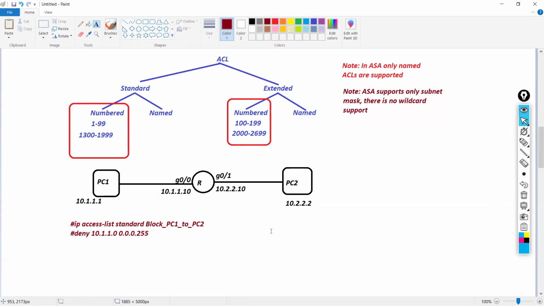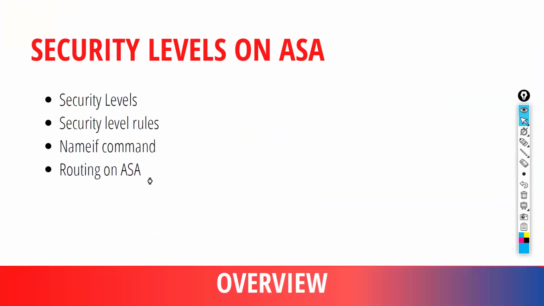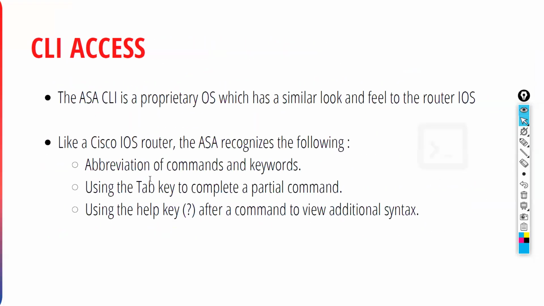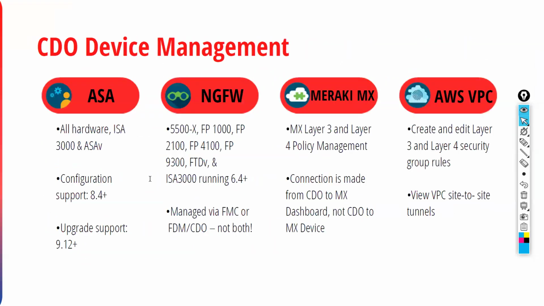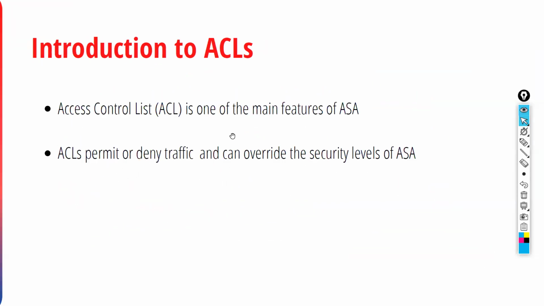All right. So now what we are going to do, we are going to try to filter out some traffic. Okay, so let me bring up the lab. And before that, let's see if there is something available here. Video, introduction to access list. So access list is one of the main features of your ASA. And ACLs, they will permit or deny traffic and can override the security levels of ASA. So what does it mean? It means by default, we all know, right, that